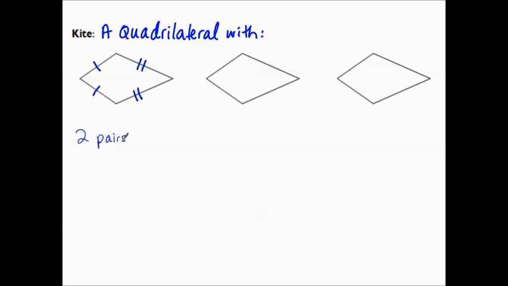Two pairs of consecutive, remember what consecutive means, next to each other, okay, two pairs of consecutive sides congruent. That defines a kite. Now, if we have the two pairs of consecutive sides congruent, just consecutive sides, not opposite sides, that gives us other properties for a kite, such